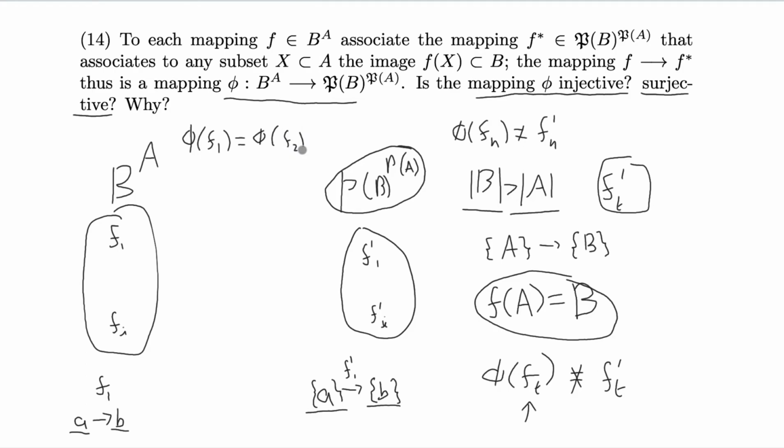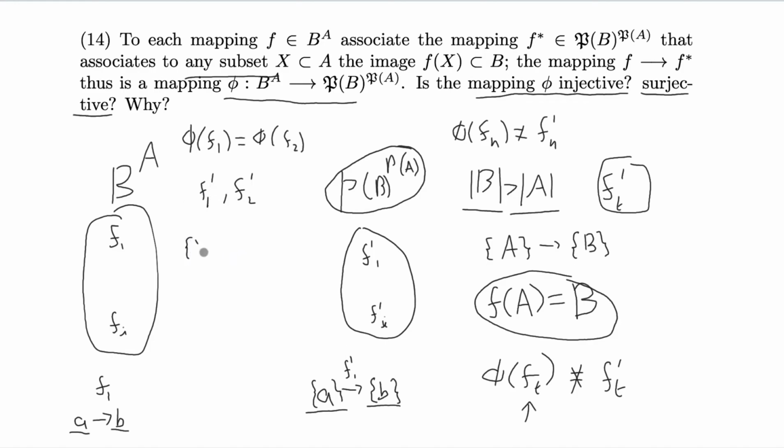Well, that means we can associate these with maps f1 prime and f2 prime, which are going to be equal. But for these two to be equal, that means that each of these maps f1 prime and f2 prime send any set X